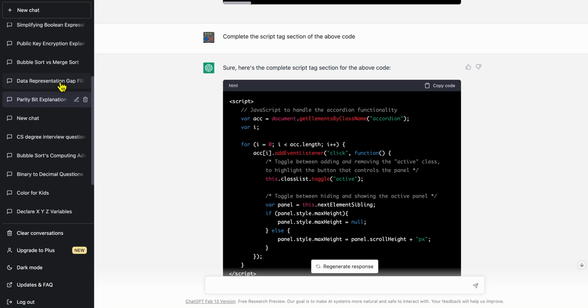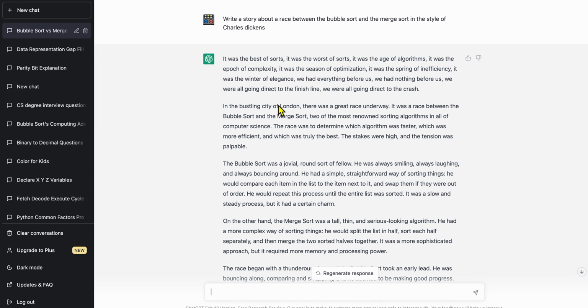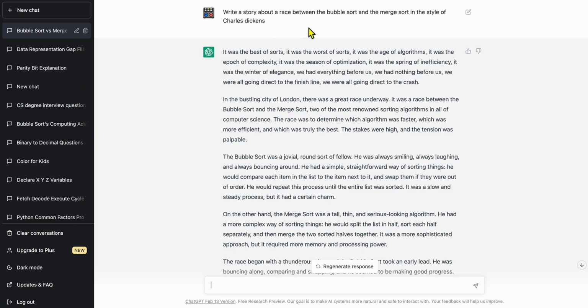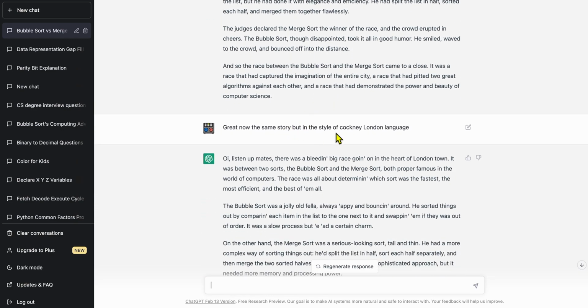Other types of uses, perhaps more creative: I asked it to write a story between the bubble sort and the merge sort in the style of Charles Dickens. And then obviously in different languages. Again, the results may be variable, but it perhaps gives you a starting point or something you may be able to use.